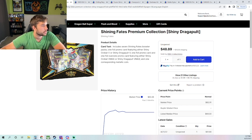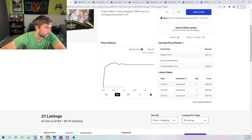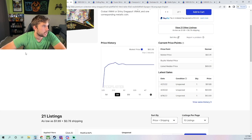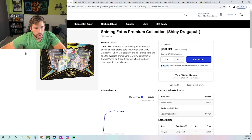But runner-up items, I do think the Shining Fates Premium Collection for both the Dragapult as well as the Crobat is pretty much undervalued, in my honest opinion. The fact that this hasn't moved up a ton, it's going for around $60. I remember when I was going to GameStop, it was selling for $50, and then at some other places it was selling for $40. So the value that you're getting right now off of this long-term, considering that it hasn't